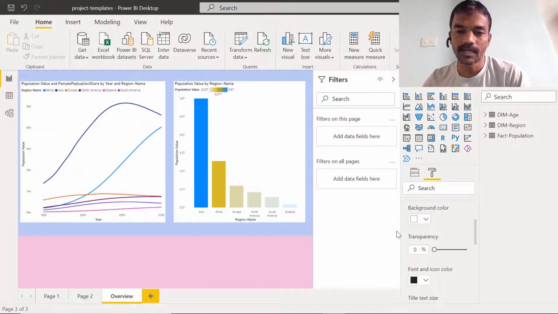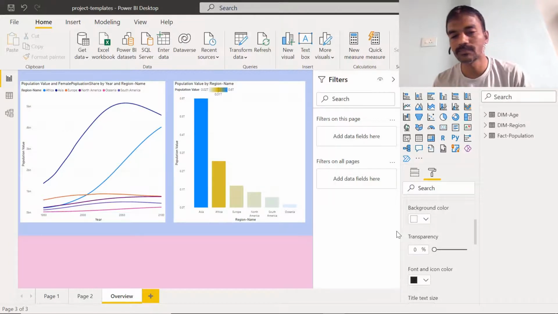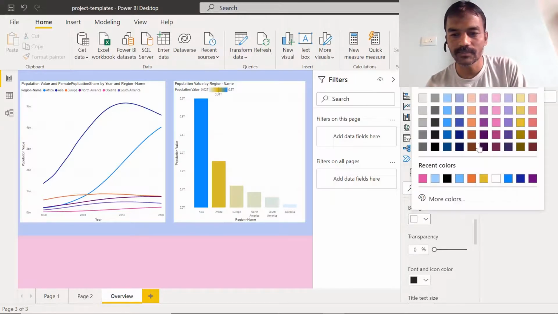With that, we will see in the next videos how we can make this filter available to the users or not. Sometimes we may not want to allow the users to filter the data. At that time we will not make this filter pane visible to them. However, sometimes it is required, so at that time we can do it. But when they see this filter, then how can we change the formatting? So this formatting we can change, and we can just select any of the colors from here.